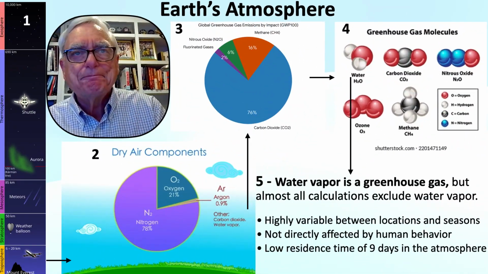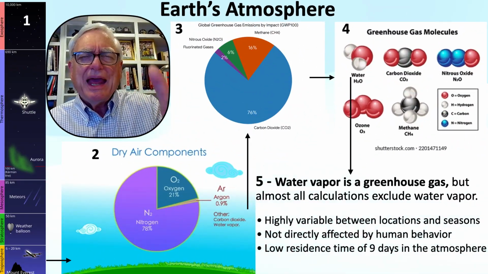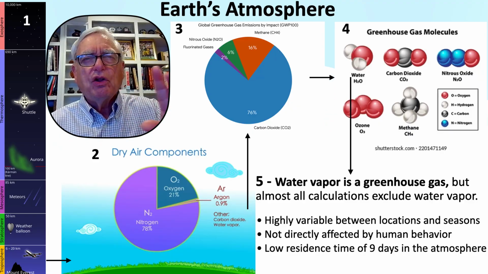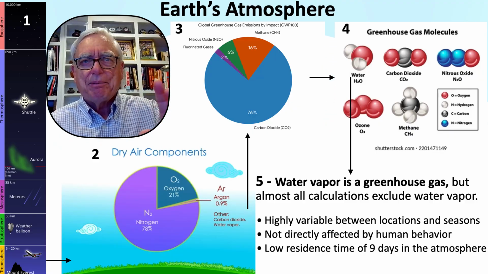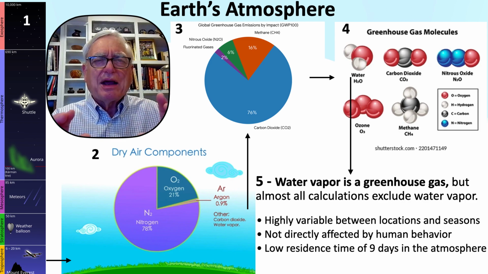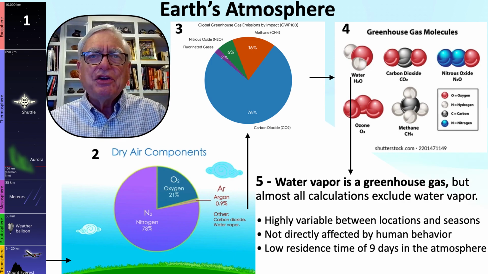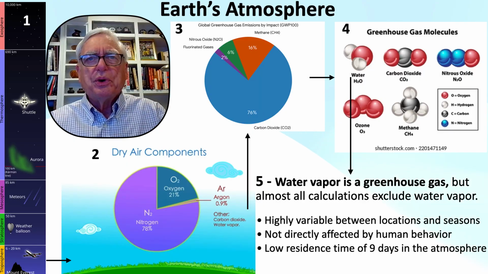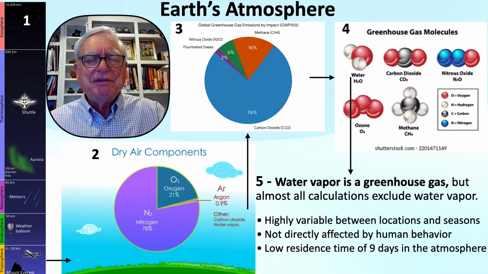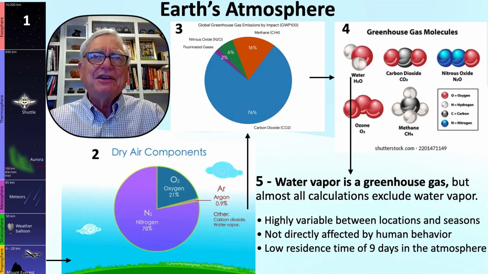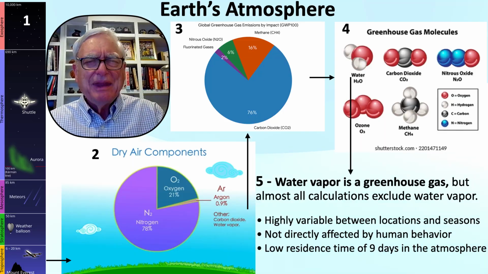So let's begin. This is real basic. The atmosphere basically has 5 spheres to it, and the sphere closest to the Earth is called the troposphere. That's the atmosphere we're going to talk about today. When they talk about that atmosphere, they normally do it in terms of the dry components, and what it's made up of is 78% nitrogen, 21% oxygen, 0.9% argon, and basically just 0.1% everything else, and